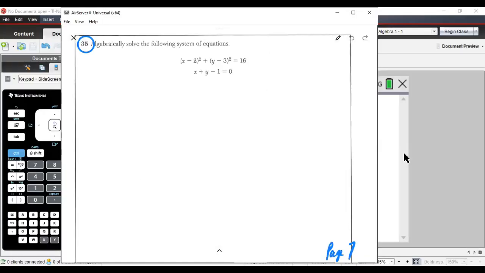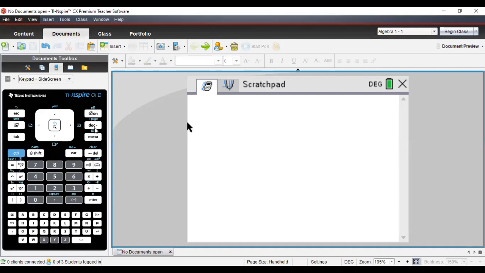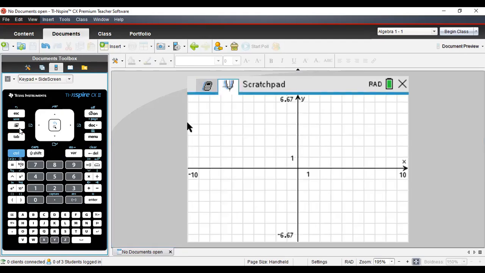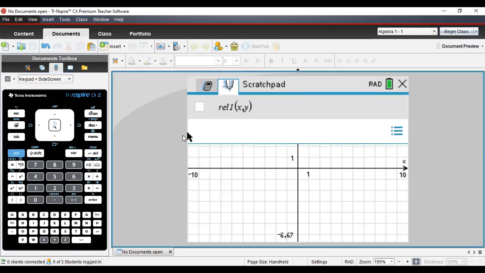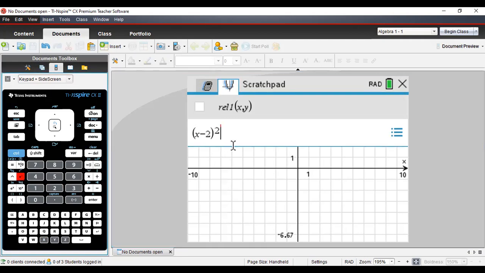So let's go use the calculator. Now we're going to graph these. Since they have an X and a Y, we're going to graph these as relations. So we're going to go tab. Actually, we're going to go here, go tab, and change it to relation 6. And then we key in the first one. So it's going to be parentheses X minus 2 squared plus Y minus 3 squared equals